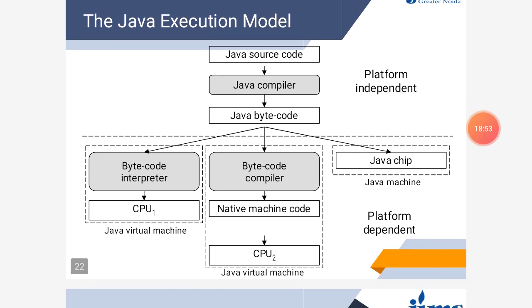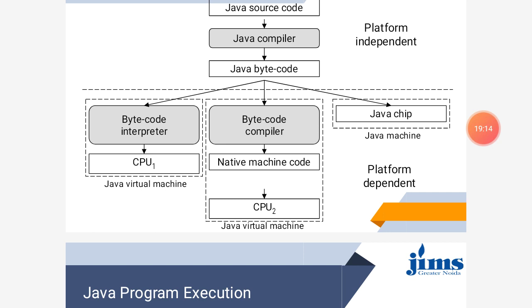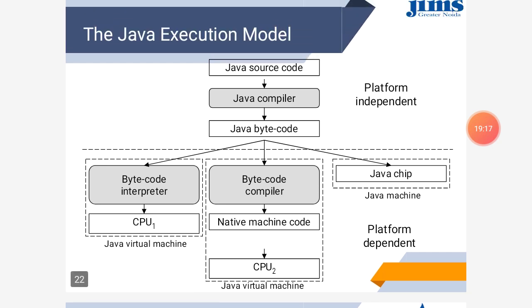In the Java execution model, we can see there is source code, then a compiler, then after compilation there is bytecode, and depending upon the CPUs and different operating systems, we use different JVMs and execute our programs. Similarly, we can also design drivers of different hardware with the help of Java. To run that, we require one chip and its driver that will execute based upon the machine and requirement.